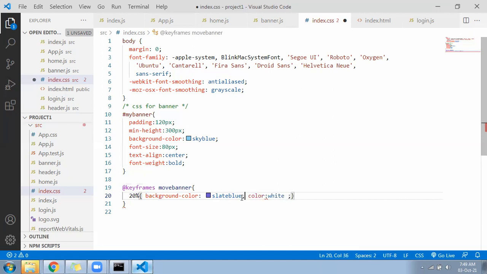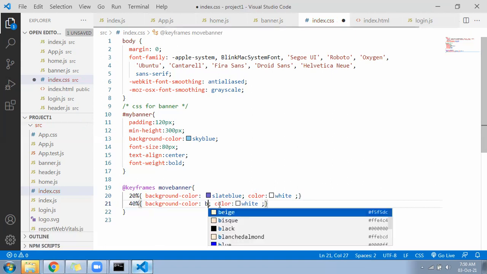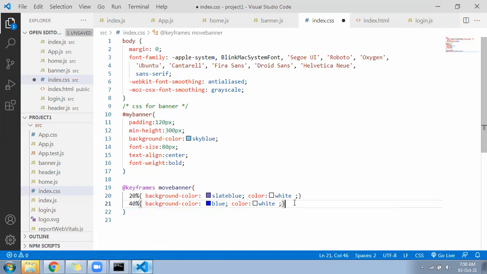Semicolon is required. Then when 40% time will get finished, blue color.